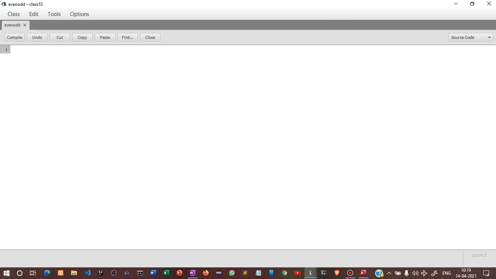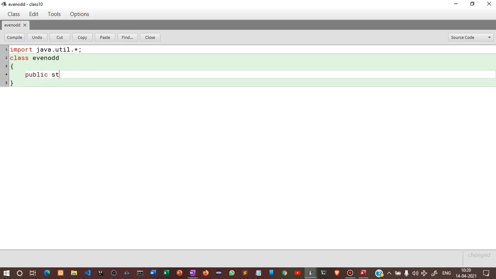So you will use the nextInt command. To use the nextInt command, we have to declare the Scanner class. To use the Scanner class, we need to import the following library. So we'll write import java.util.*; then we will type class EvenOdd. Then within braces we will write public static void main